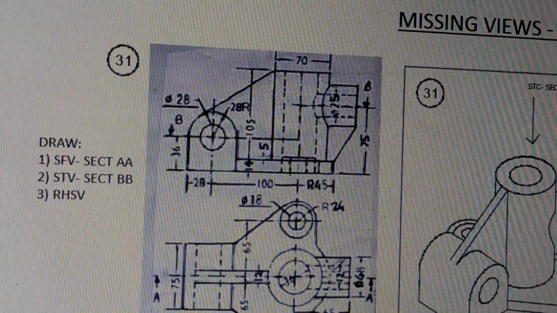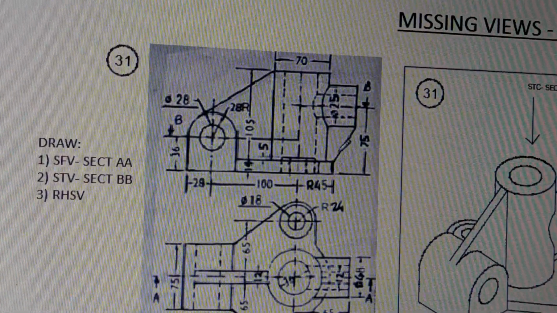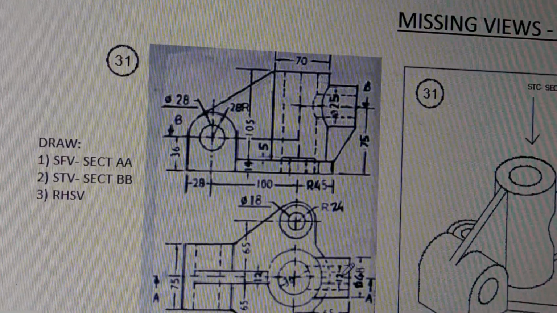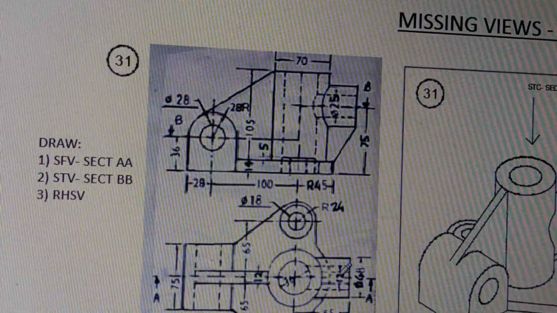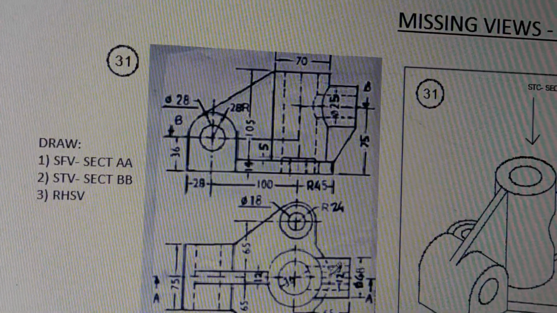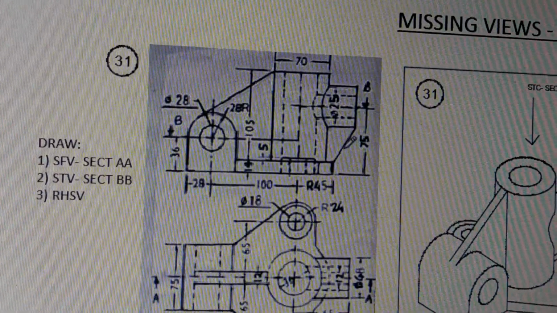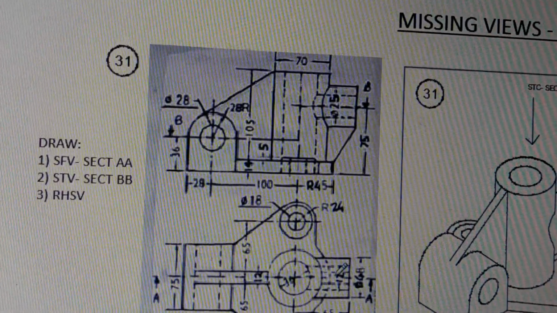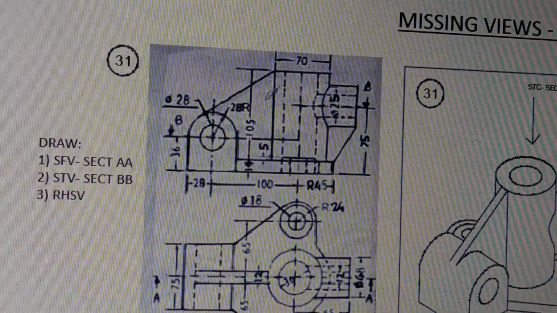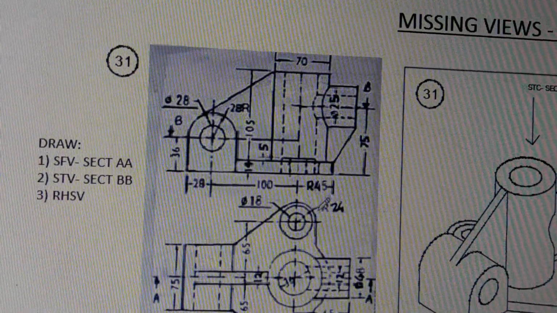Now technically these dotted lines are there because this surface is still there, this rib also is still there, and it is not cut. So you can think of drawing this dotted line as a rib. But then again the rule says that in the sectional view we are not going to draw the dotted lines. Therefore all these dotted lines, where the part is still there, like this rib, we are not drawing. Okay, so that becomes your top view, section BB. This will be drawn as it is.